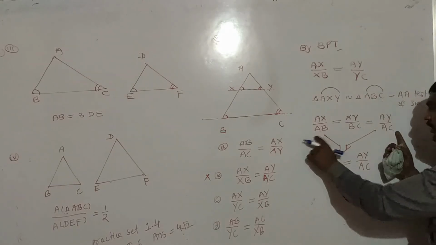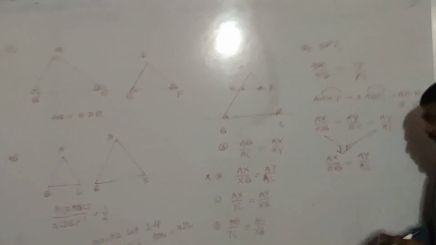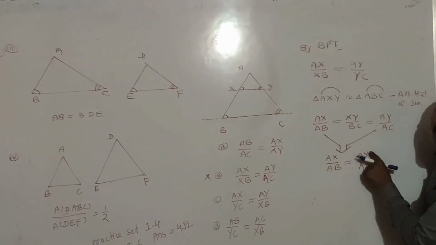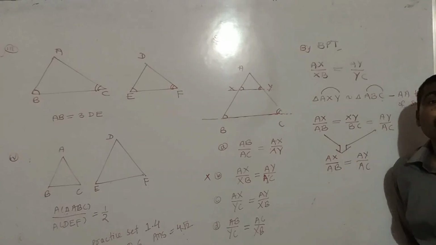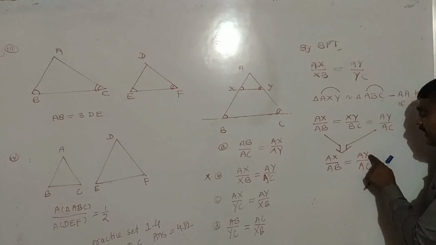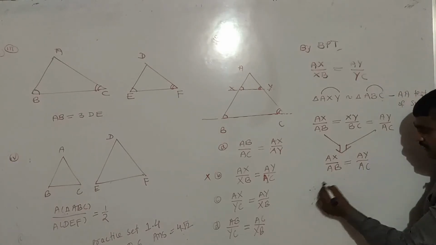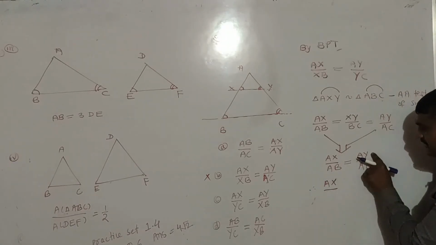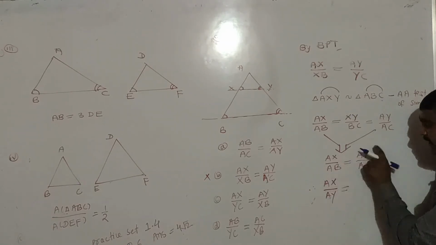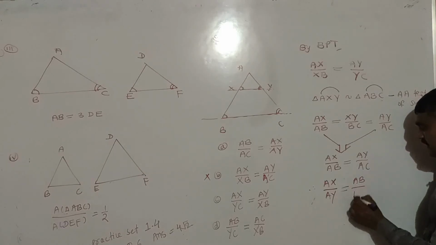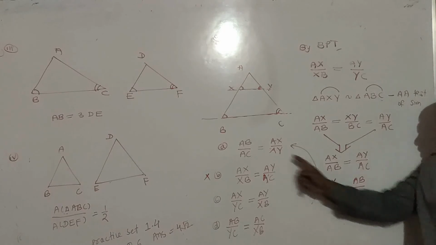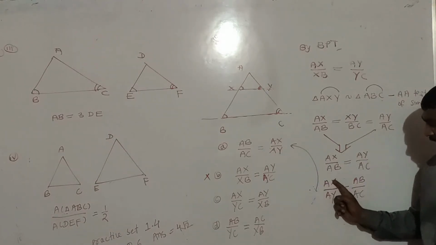Understood? I have taken only these two ratios, and we know AB is divided. It comes over here and gets multiplied. AY is multiplied, it becomes divided. This is also called alternendo. Divide becomes multiply, and multiply becomes divide. So I am writing AX upon AY; multiply becomes divide. Just interchange this and this. AB is divided, it becomes multiplied. So check which option is correct. You can see this option: AB upon AC, AB upon AC, AX upon AY.